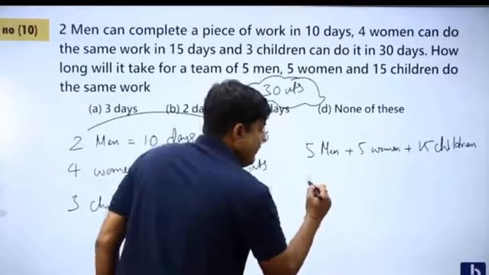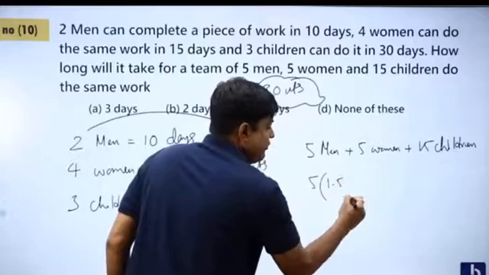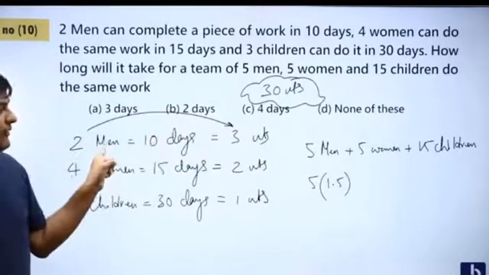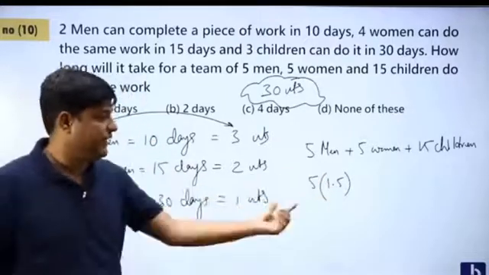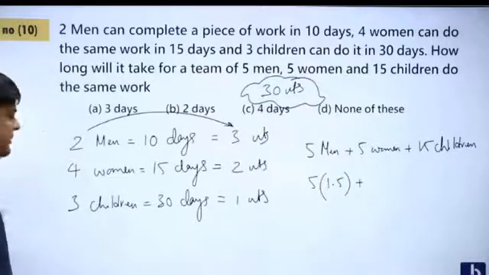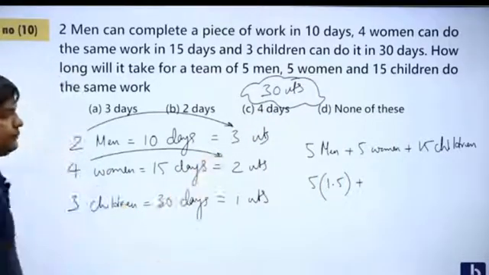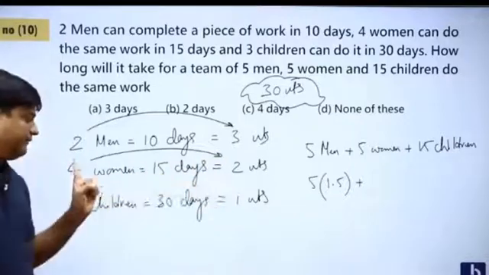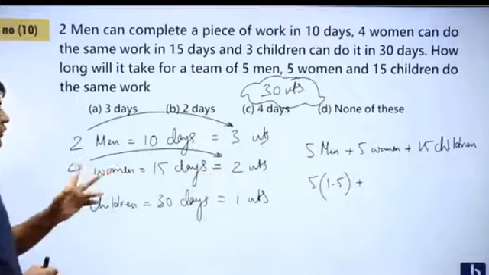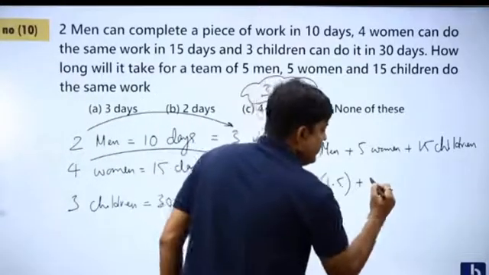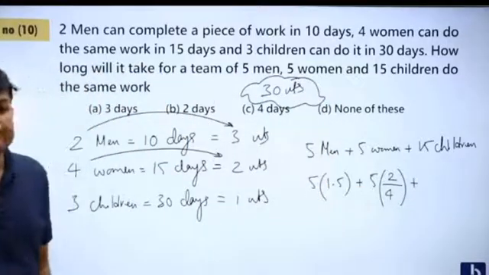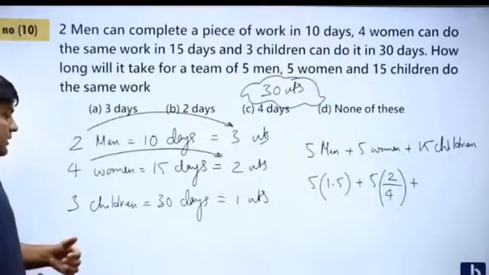Means 5 men is 1.5 into 5 men work. Understanding everybody? 1 man is 1.5, so 5 men, 5 into 1.5. This is the 5 men work. I want 5 women work. I don't know 5 women work, but 4 women is 2. Then 1 woman is 2 by 4. So 5 women is 5 into 2 divided by 4. This is 5 women work. Following everybody? Now, 1 unit is not